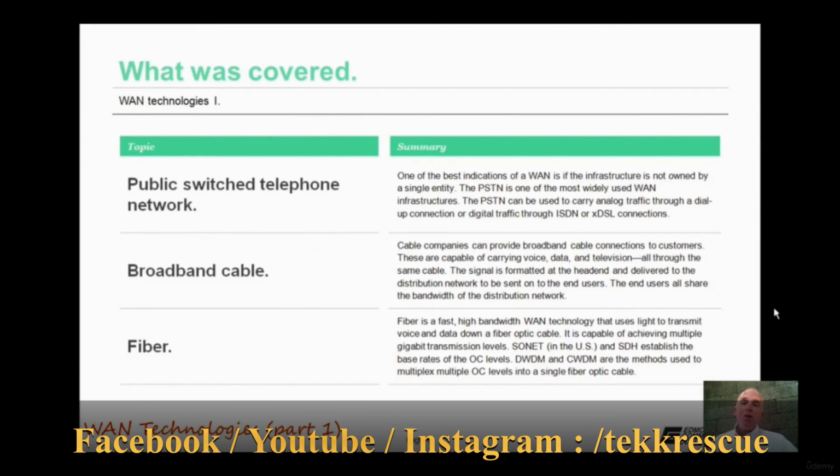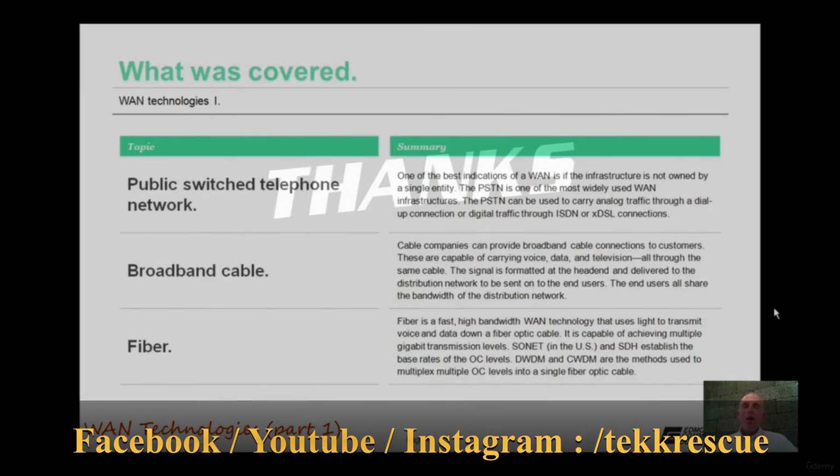Now that concludes this session on WAN Technologies Part 1. I talked about the public switched telephone network, then we moved on to broadband, and I briefly